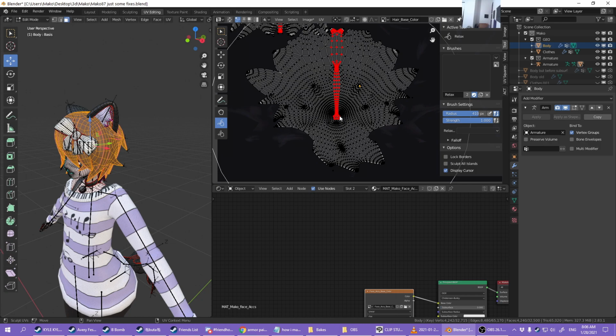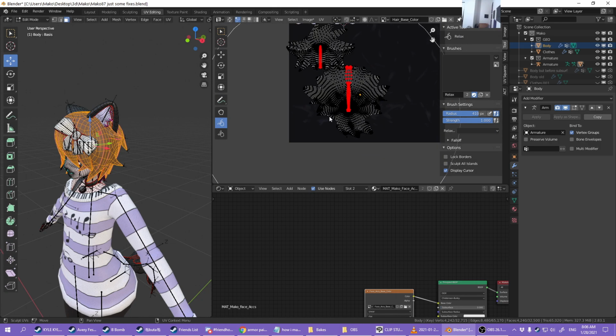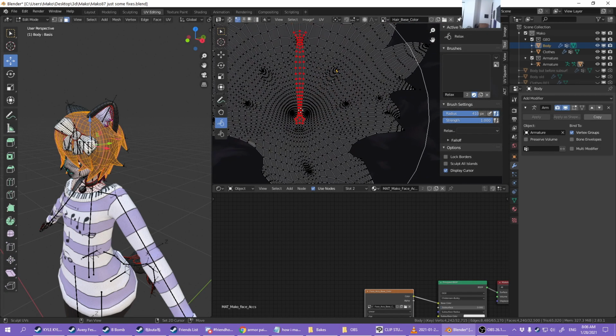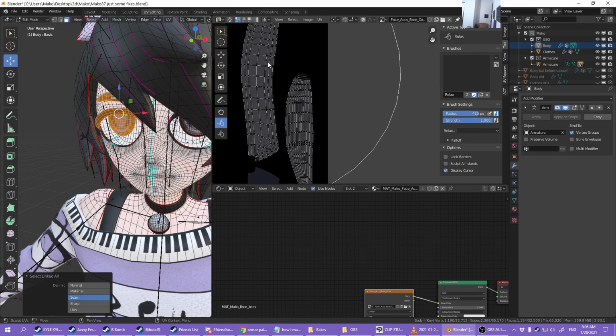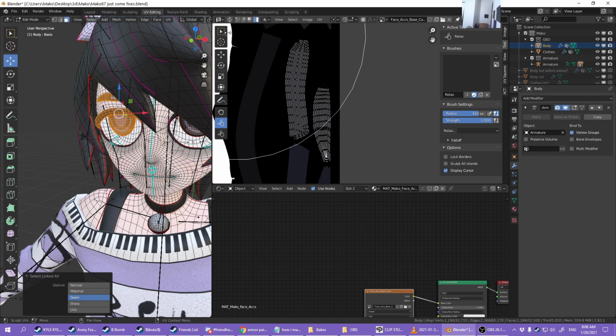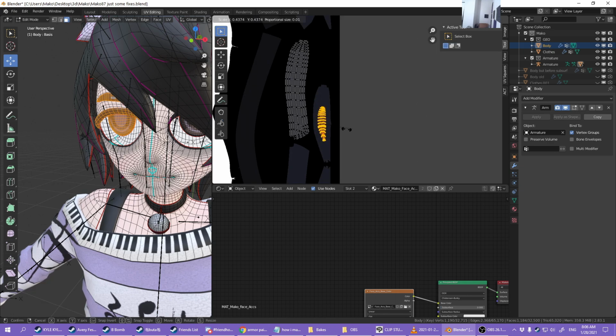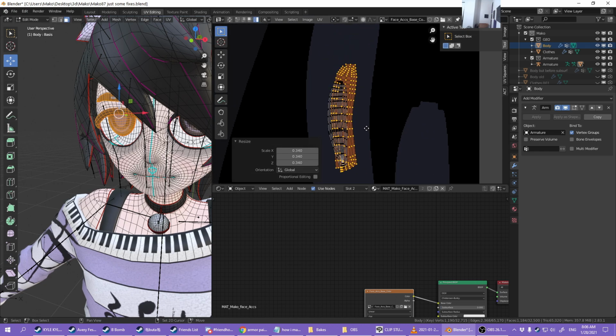You do not want your UVs overlapping unless you're doing some mirror thingy like I explained earlier, or if you have a single solid color. Again, I could have easily taken all of these UVs and put them all in the same spot in the same color, and it would have been fine because it's just a solid color.